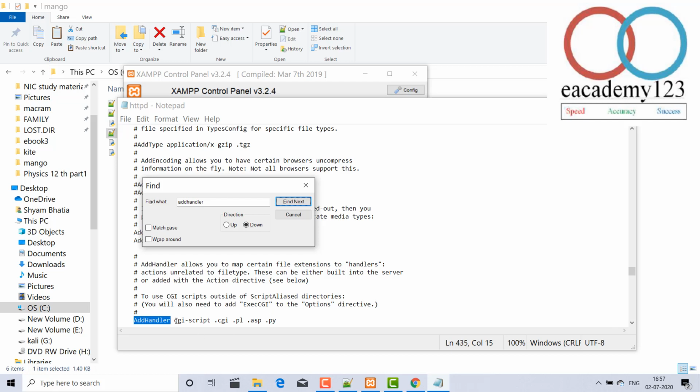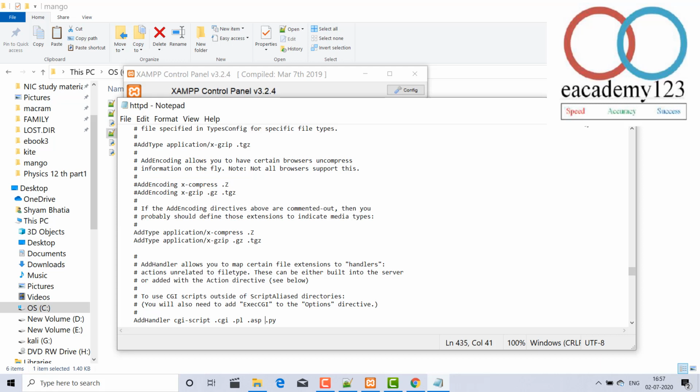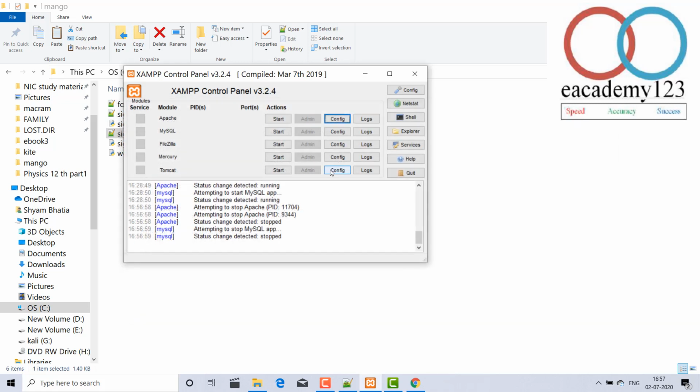Inside AddHandler you will find the CGI script and .cgi, .pl, that is called Perl, .asp active server page, and .py. In your case .py is absent, so you have to add that .py. After adding it, just go to the file and save. Because I made it already, I just save it, and after that start, okay.